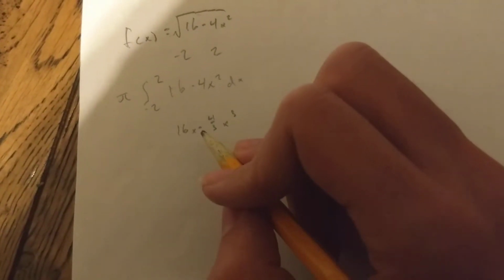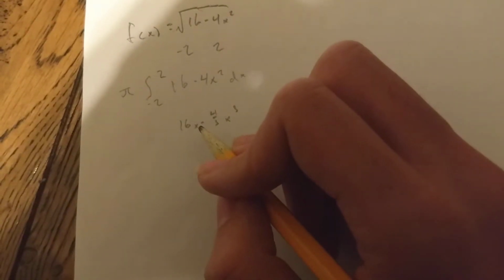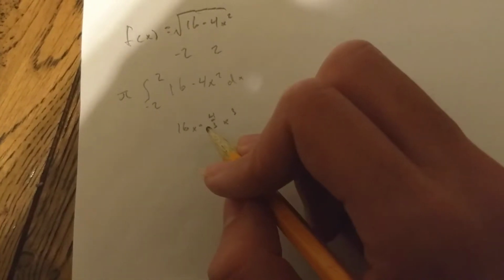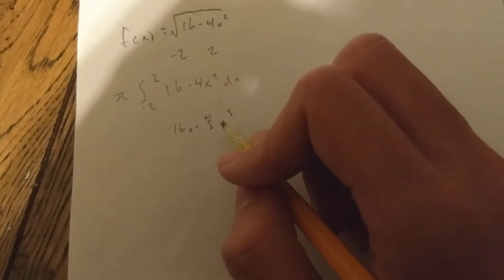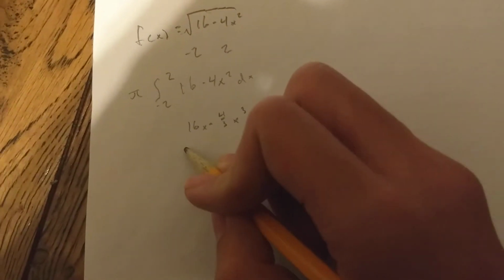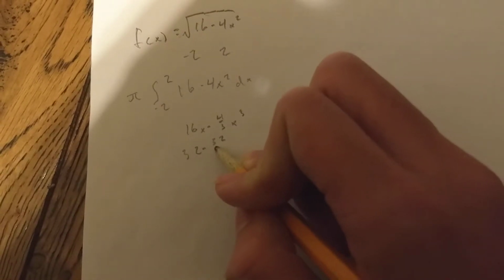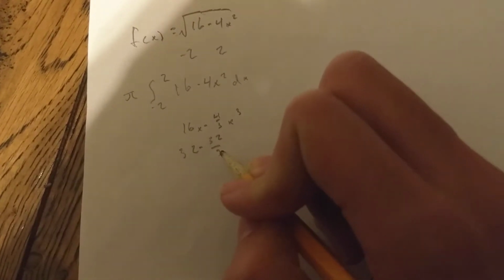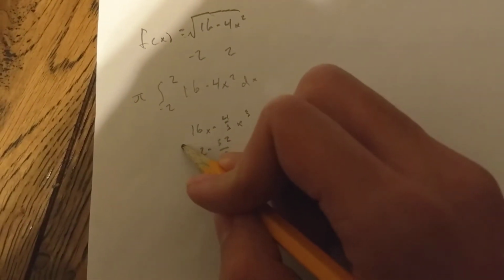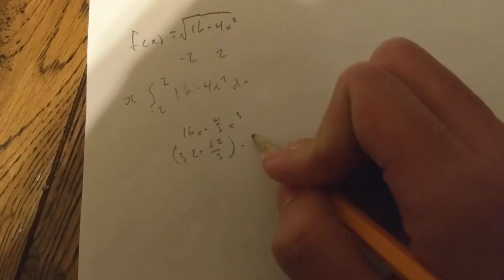And then after that, we just simply plug in our numbers. So we plug in 2, and so that gets 32 minus 4/3 times 2 cubed, which is 8, so 8 times 4 is 32, so essentially we get 32 minus 32 thirds. And so because of that, we subtract that from, put this stuff around it. We subtract this from this,